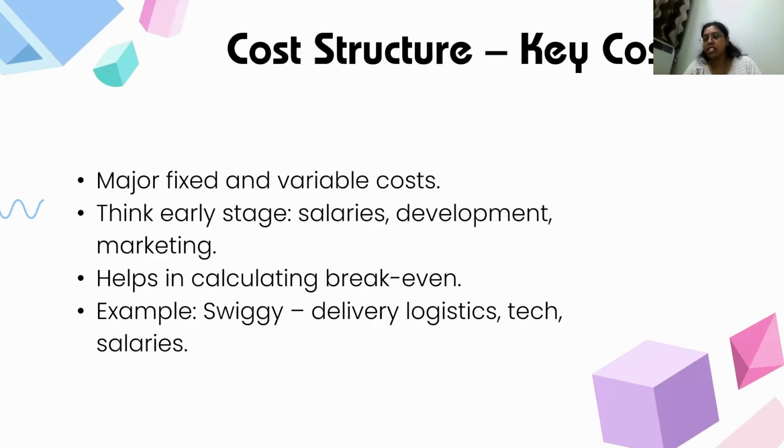electricity will be my variable cost. I'll tell you why. During the month of December, when there is so much baking of plum cake and all, I might have to extend my hours in baking a lot of cakes. In that way, electricity becomes a variable cost for me. Some months I will not have too many orders.